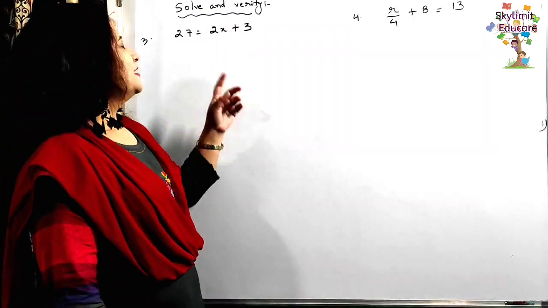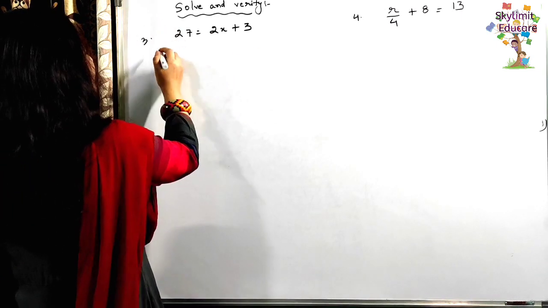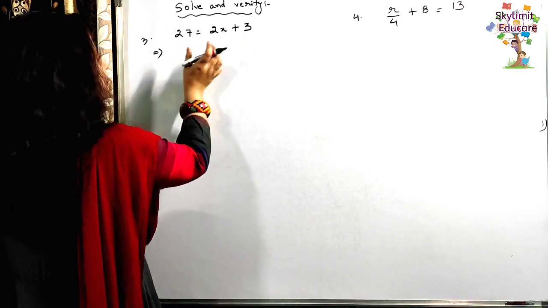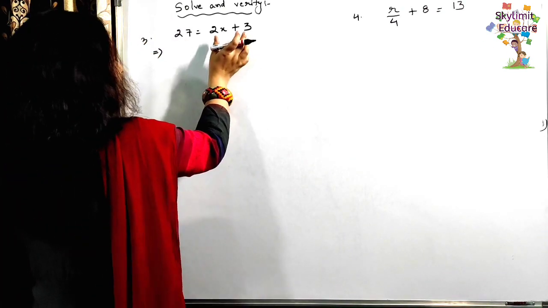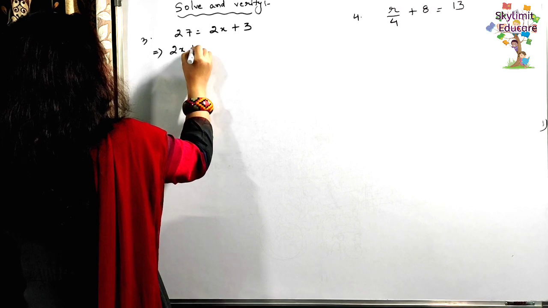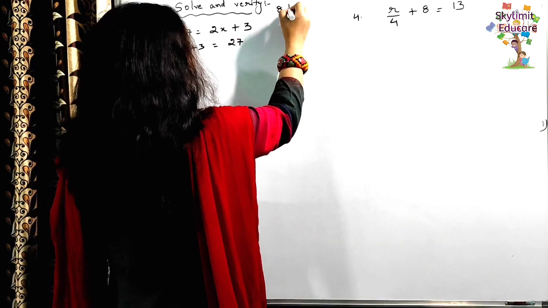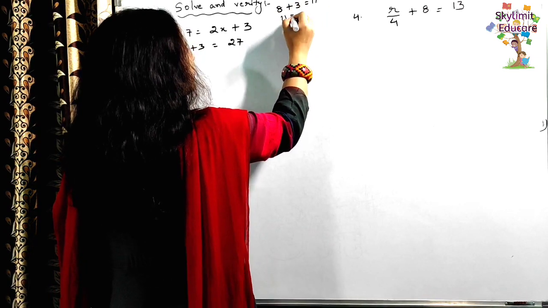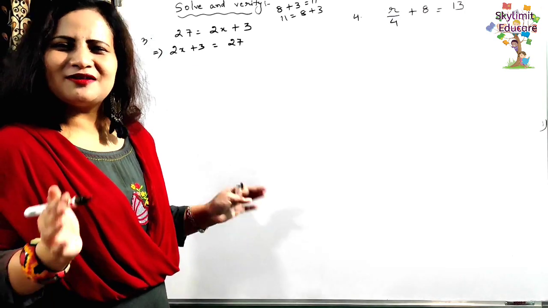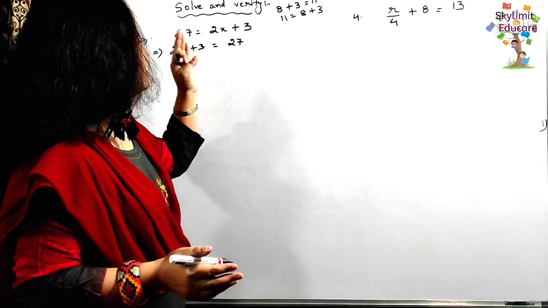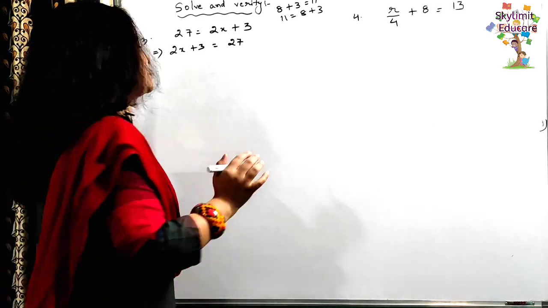Now students, let's come to the next two questions. So here also you can see, what I'm going to do first is I want my variable to be on the left hand side. That makes me feel more comfortable. So what shall I do here? I will shift the entire right hand side, 2x plus 3, and the entire left hand side, 27, interchanging them. As you know, 8 plus 3 is equal to 11, and 11 is equal to 8 plus 3. Both mean the same thing. So here no signs will be changed. It will all remain the same because we are interchanging the left hand side and the right hand side completely. So no need to change any sign in this case.